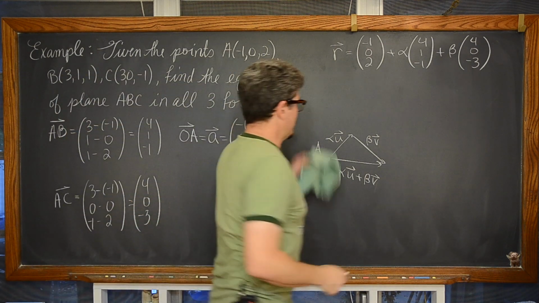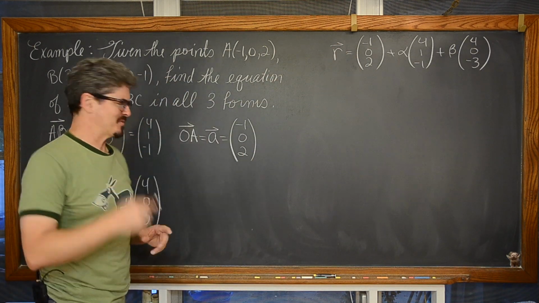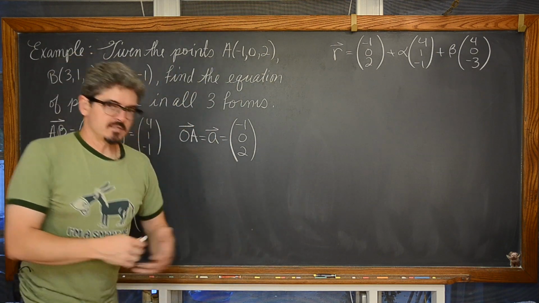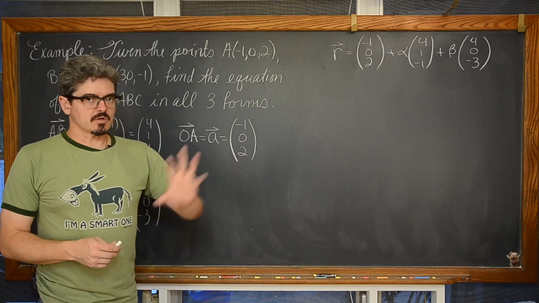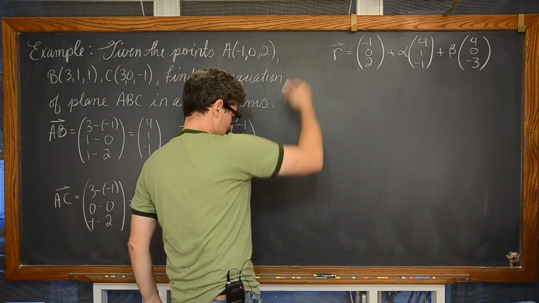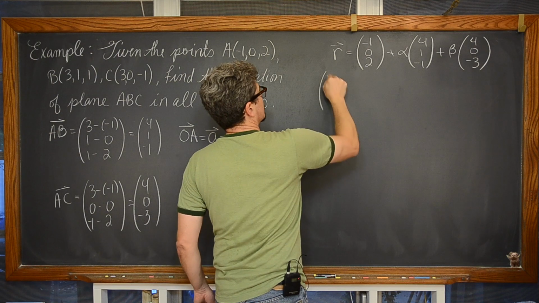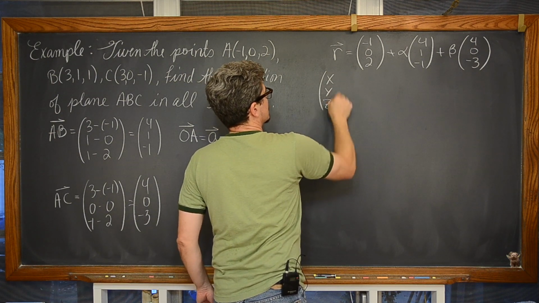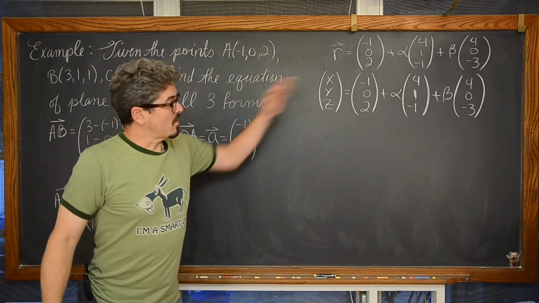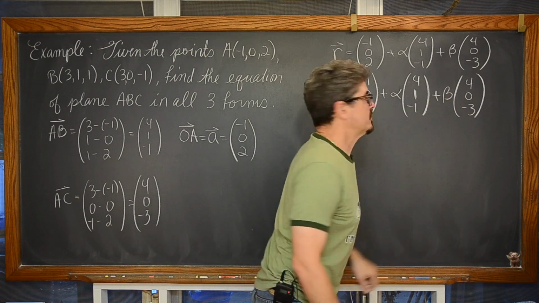If you want to write this in parametric format, that you do need to go through, if you're going to write this, well, maybe you don't have to. We're going to show you another process of going into Cartesian form in our next video. But one way to get into Cartesian format is to go through the parametric form or systems of equations for our equation here. So we're going to write vector r as that coordinate of any point on the plane, x, y, z. Go across each of those rows, remembering that these are scalar multiples, so they go to each of the components.